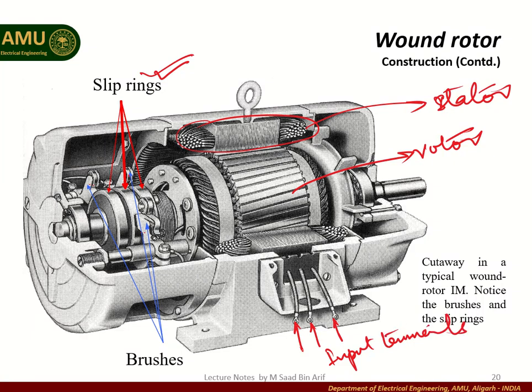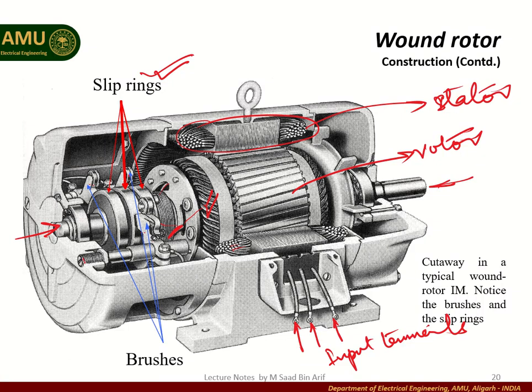Here we connect it to the main supply, and we give a 3-phase balanced supply to the stator. Here we have windings. See, here we have winding wires because it is a wound type of rotor. Here we have a core of it. In between each core we have slots. Windings are placed inside the slots, and the output terminals are connected with the slip ring. The whole arrangement, the rotor and the slip ring arrangement, is mounted on the same shaft.